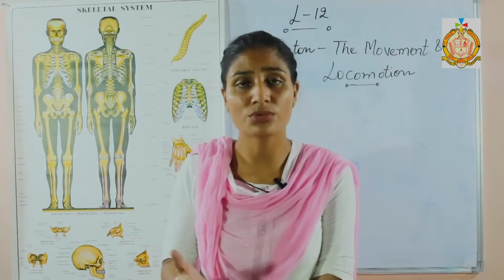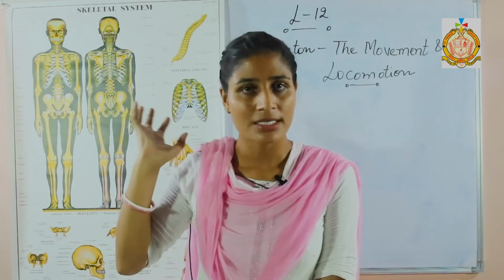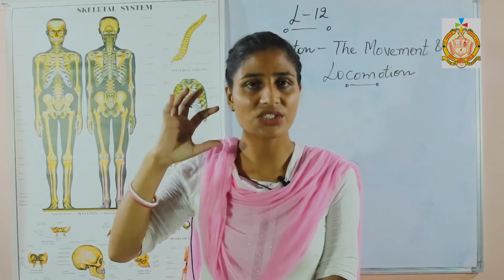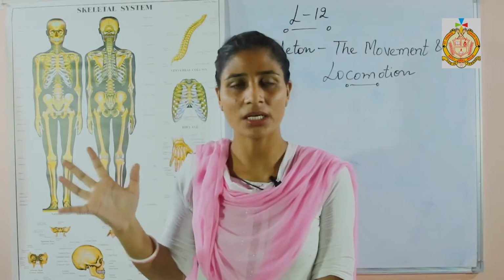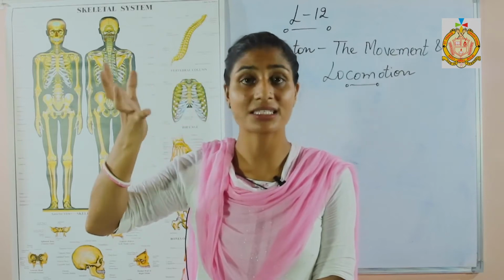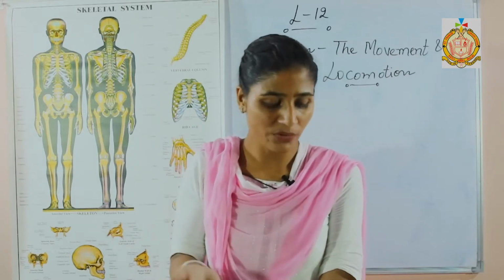Immovable joints are those joints that do not show any kind of movement. Suppose the skull bones: no doubt separate bones are present in the skull and they are attached to each other, but they do not show any movement because they are totally fixed with each other, giving strength to us as well as protection to our brain or the cranium box. Those are known as immovable joints.